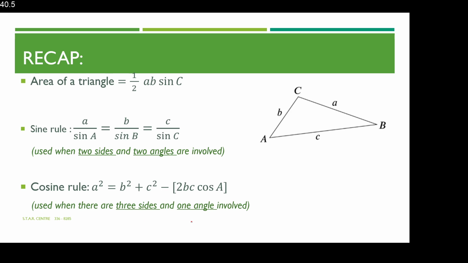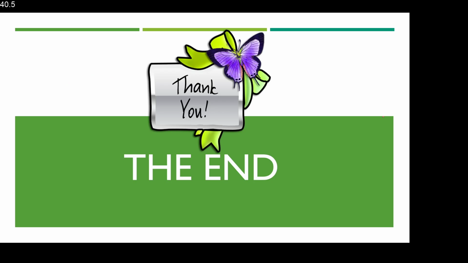So distinguishing whether to use the sine rule or the cosine rule in a question is determined by what information is given. So if we have two sides and two angles, we have to use the sine rule. And if we have three sides and one angle involved, we use the cosine rule. And also just to mention again that in any triangle, for area of a triangle, sine rule and cosine rule, as seen in the diagram, the side A is opposite angle A, side B is opposite the angle B, and so on. So this brings us to the end of the tutorial for